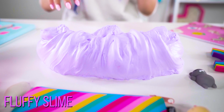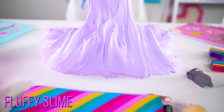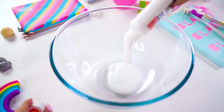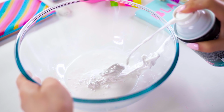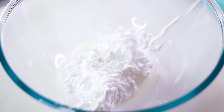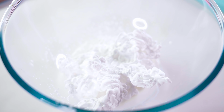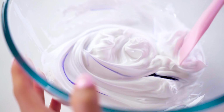So we can't do a slime video without fluffy slime, probably an all-time favorite of mine. Add some glue first as usual and then some shaving foam. Usually I put a lot of shaving foam anyways, but today I'll hold back initially cause we're gonna do it later. I decided to make this one purple,